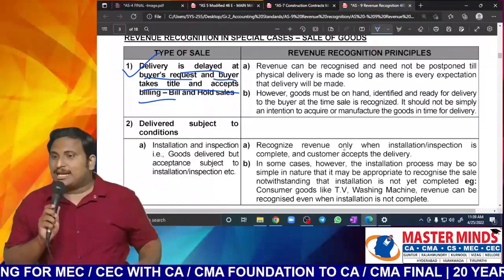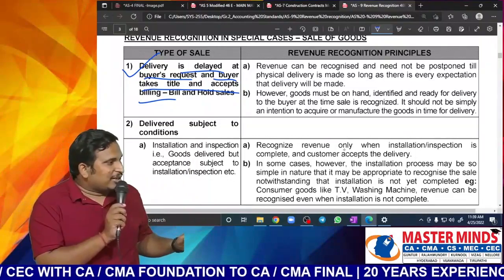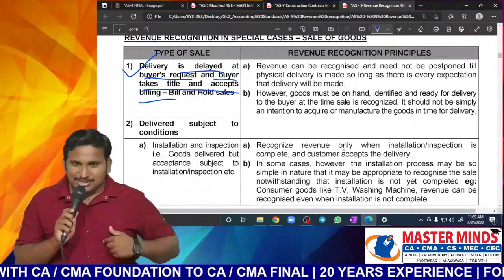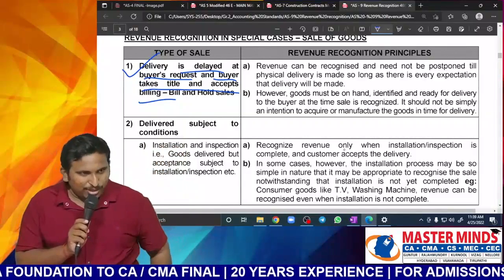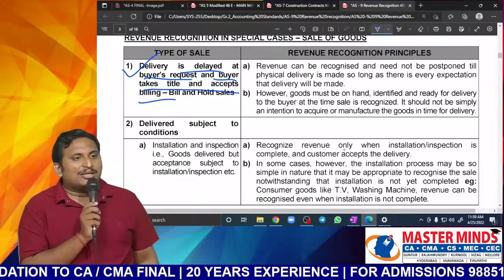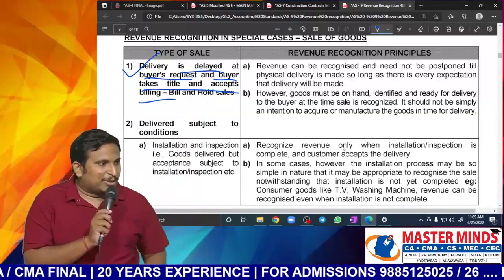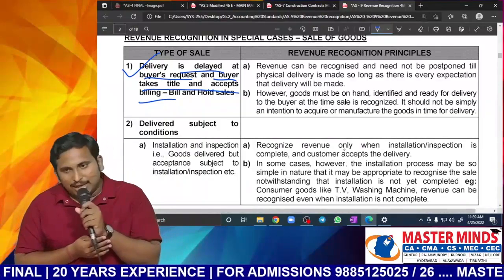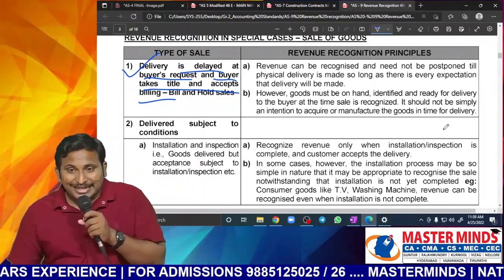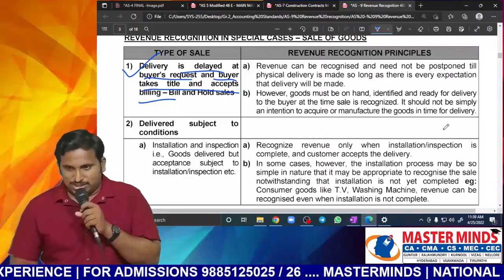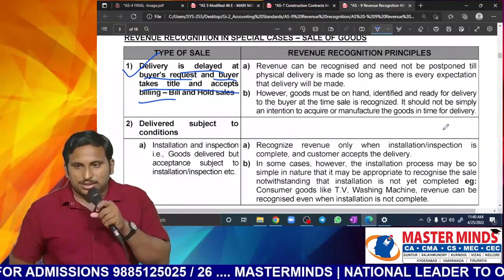If billing is completed, if everything is over, and just possession is awaited, then, sir, intentionally I am telling you to delay the delivery. In this scenario, can I say that only when delivery is completed, the sale is completed? No. Already when risks and rewards are complete, that is when you have accepted the billing, at that time the sale is said to be completed. You need not wait till the delivery of the goods. Risks and rewards are already said to be completed. Is the discussion clear?